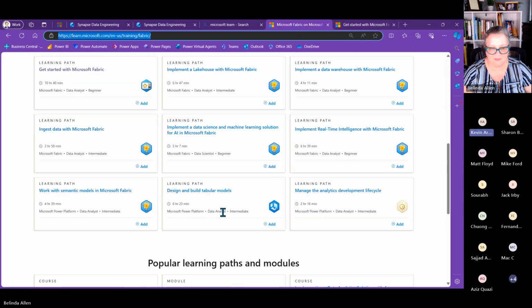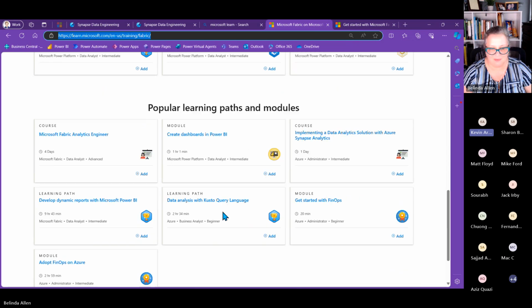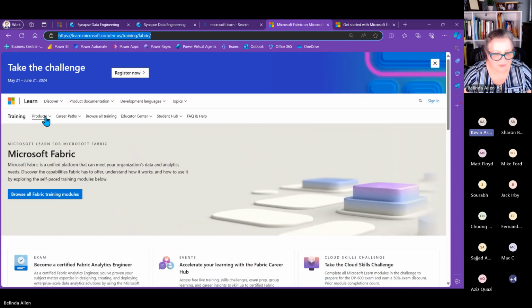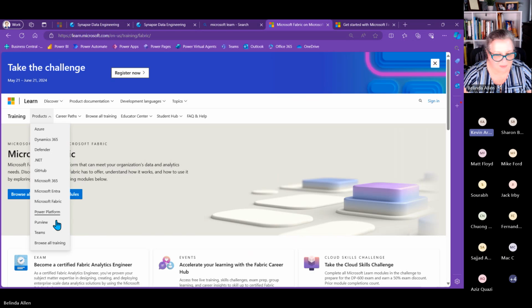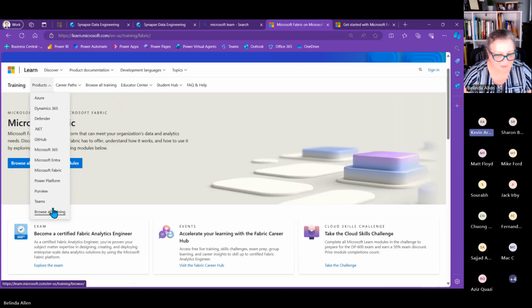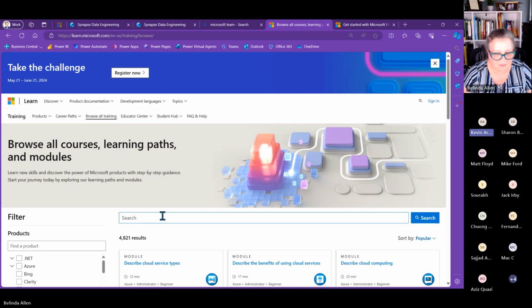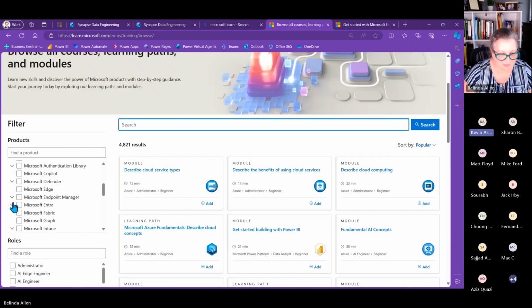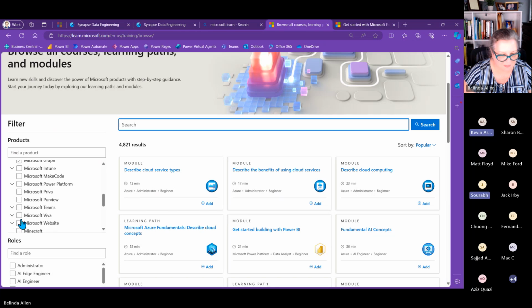But I would say more business runs off of what we would typically call business intelligence. I agree with what Belinda is saying: take the PL-300, go through the Learn path that she's starting to show here, and get that certification. That's going to focus more on the Power BI side of it.